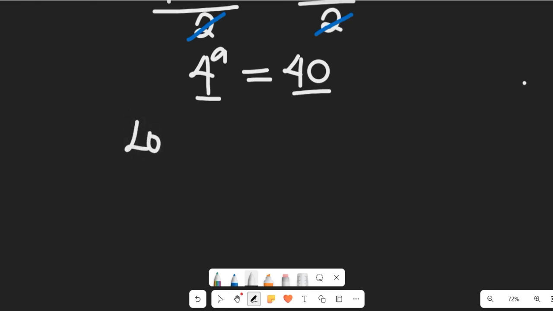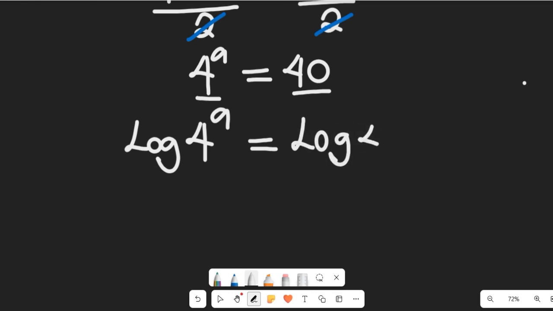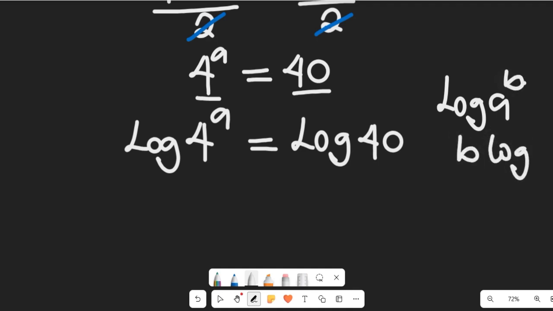I'll have the log of 4 to the power of a, and that will be equal to the log of 40, right? So that will give me the log of 40. Now remember the laws of logarithm, that if I have the log of a to the power of b, this will definitely be b multiplying the log of a, right? So if I apply that here, I'm going to have a log 4, and that will be equal to